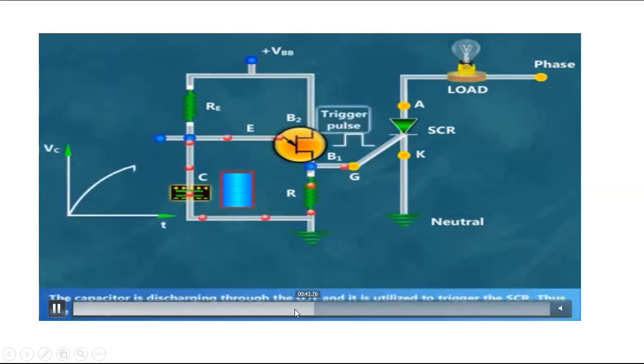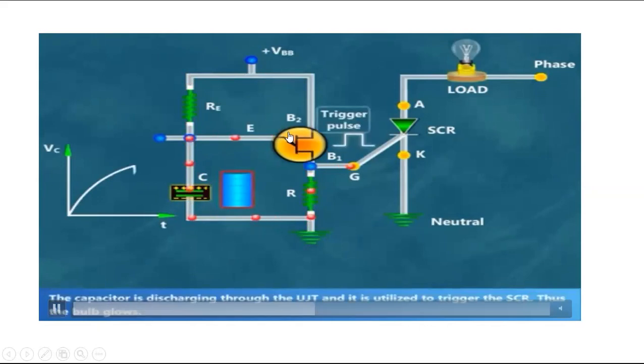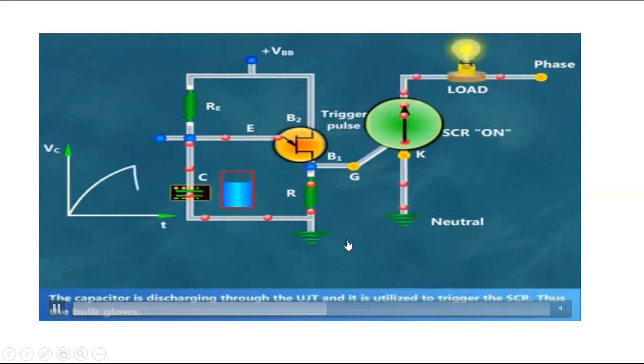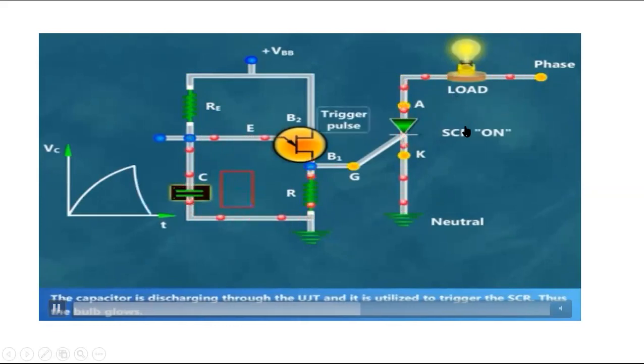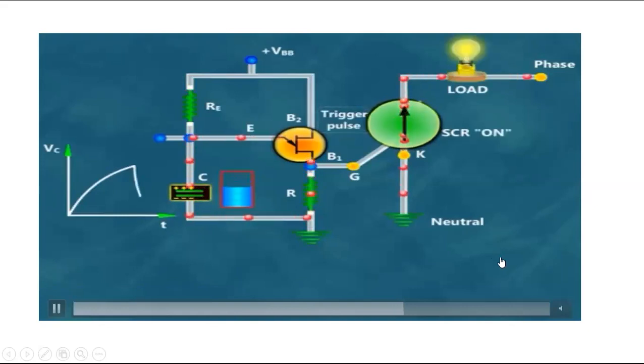You can see first here you start. Supply is on, current flows through the capacitor, capacitor charges, discharge, UJT is on, now pulse signal is generated. It is applied to the SCR. SCR controls the brightness of the bulb. So in any industry, if you are placing the SCR, gate terminal should be on. Gate terminal is turned on only with the help of the pulse signal. This is the explanation.